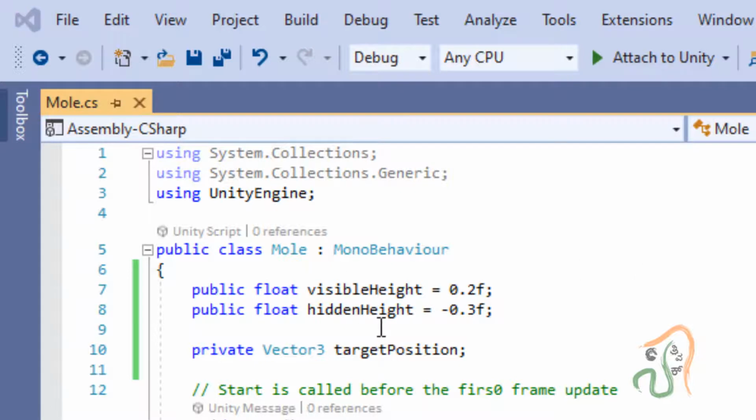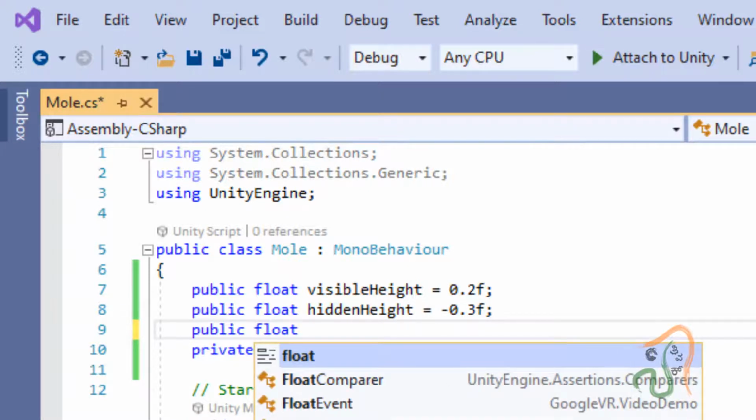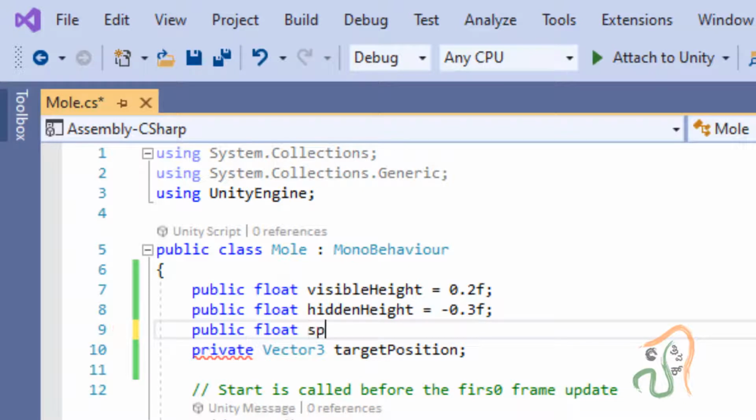The new variable that we are going to declare here will be public, and again this will be a float number, and let us give it the name speed and set its initial value to some number, say for example 4f, and end it with a semicolon.